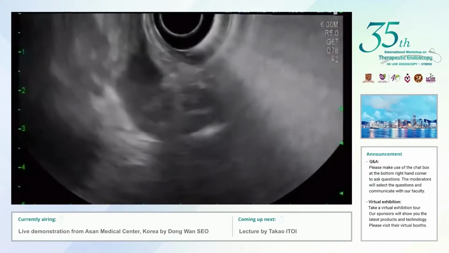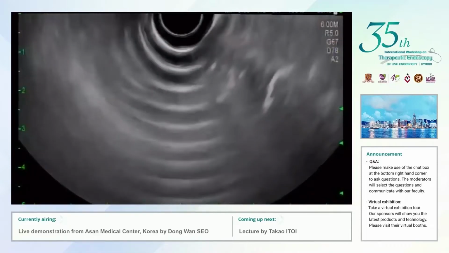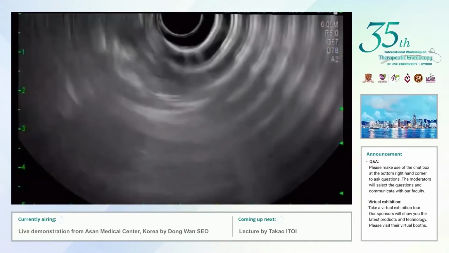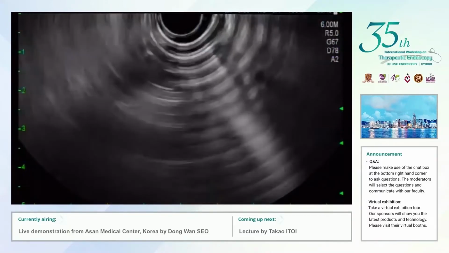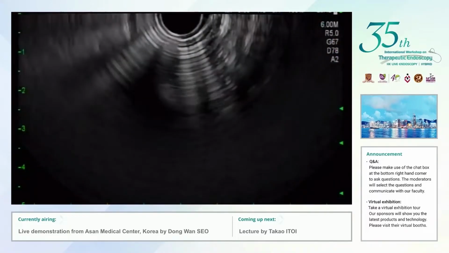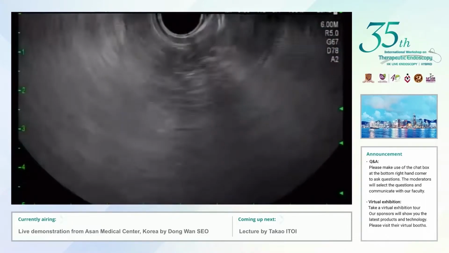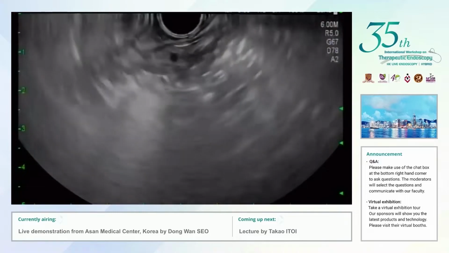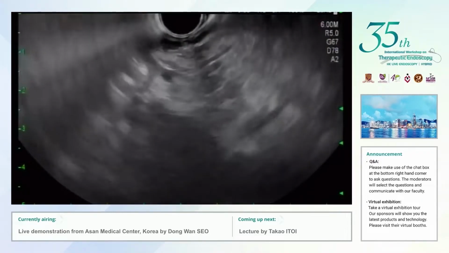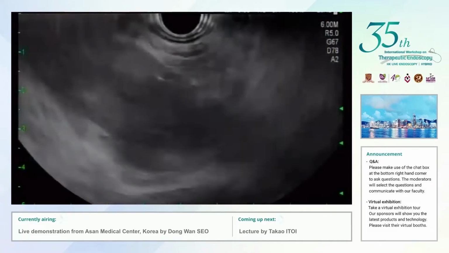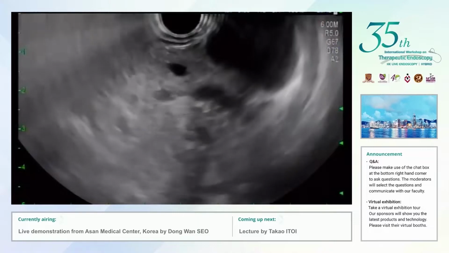So this is, I think, a typical example of an indeterminate cyst, which means even after EUS examination, we cannot confidently say that this is mucinous or serous or IPMN. So for the differential diagnosis, now I'm going to puncture the cyst using a 19 gauge FNA needle. And then